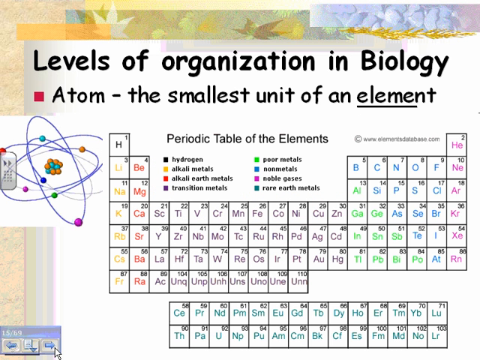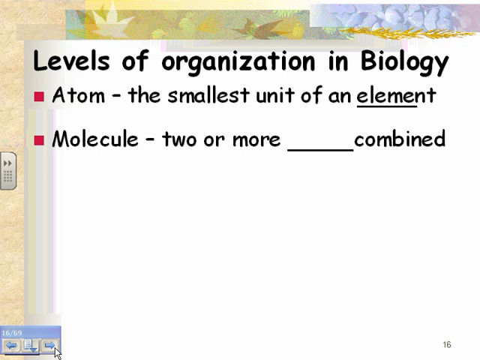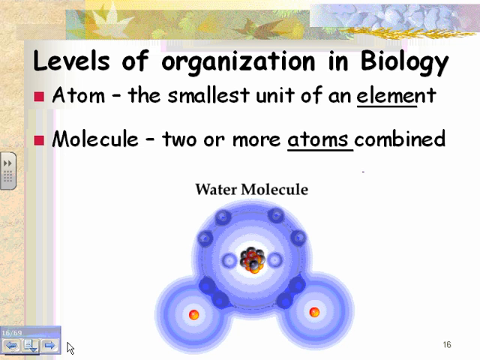You won't have to memorize any of these, but you will have to know about 6, maybe 7 or 8 of the elements. So an atom is the smallest unit of an element. A molecule is when you have two or more atoms combined. There's a water molecule. It's got two hydrogens and an oxygen. Oh, and so this is the